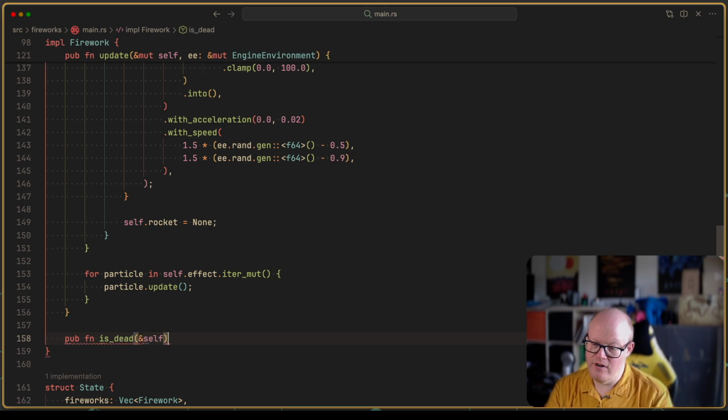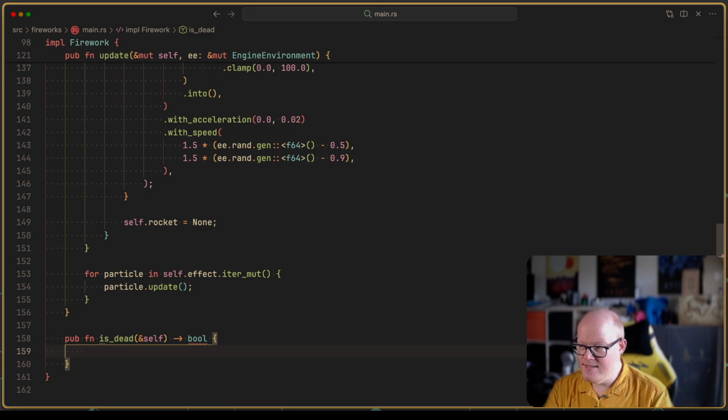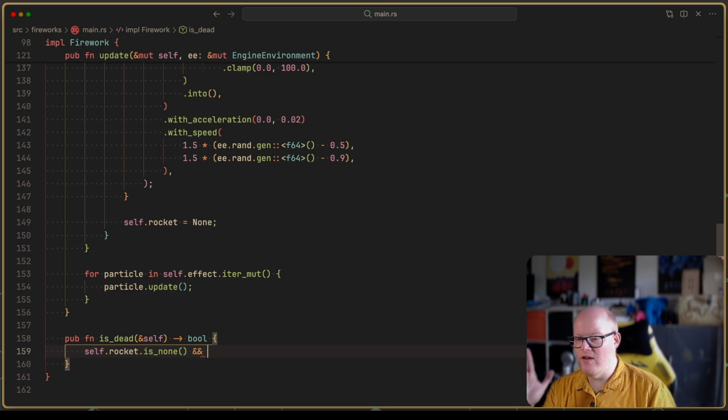It takes a reference to self and returns a Boolean. What it does is it returns whether self.rocket is none, and self.effect